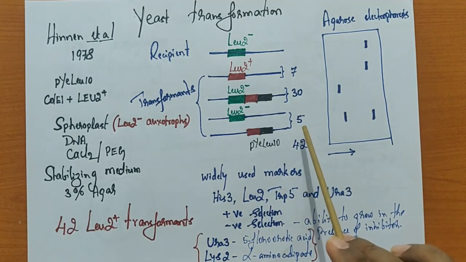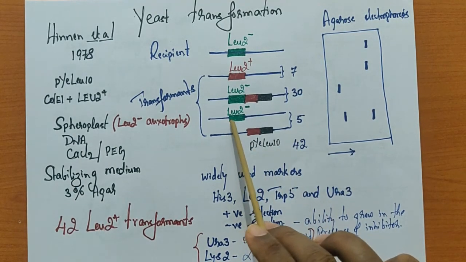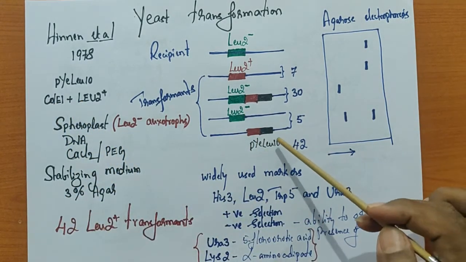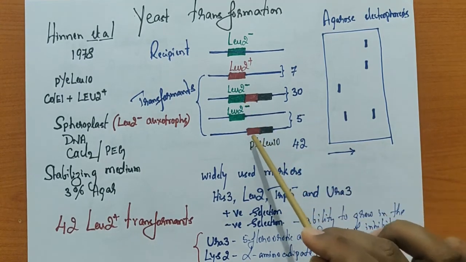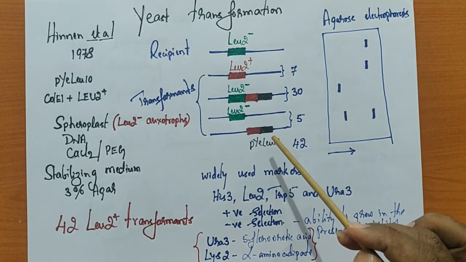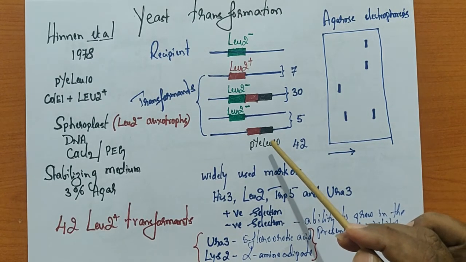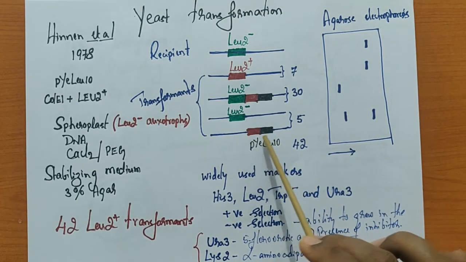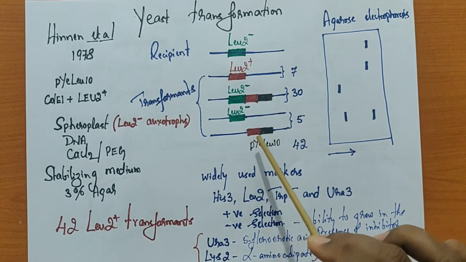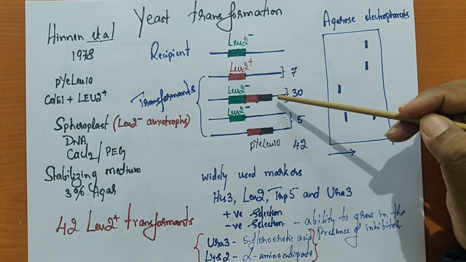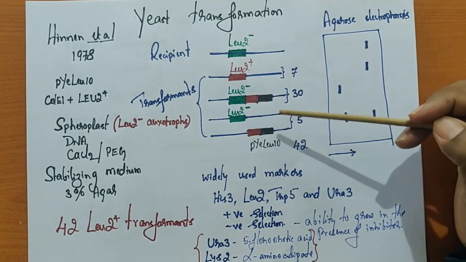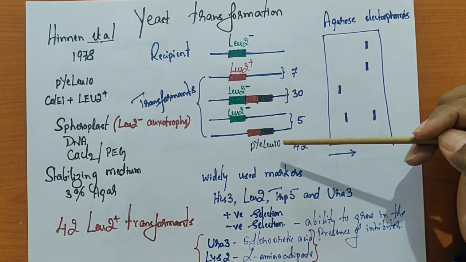Whereas in 5 of them we have the LEU2 minus gene, but this particular plasmid, instead of integrating next to this gene, got integrated in a totally different chromosome. I told you we have 16 different chromosomes in yeast, but this particular vector along with this yeast gene got integrated in a chromosome other than this particular one. So elsewhere it got integrated, but still the integration resulted in functional activity.